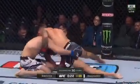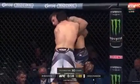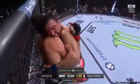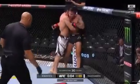Rađabov returns fire now with the right hand. Now shoots again. Ribovic scrambles. Rađabov is just closing that distance. He's like, man, let me get tight. Let me be glue on this guy so that he cannot get space to land anything damaging. Final seconds of an outstandingly competitive fight between a couple of UFC lightweight newcomers. Esteban Ribovic and Loik Rađabov go the distance at